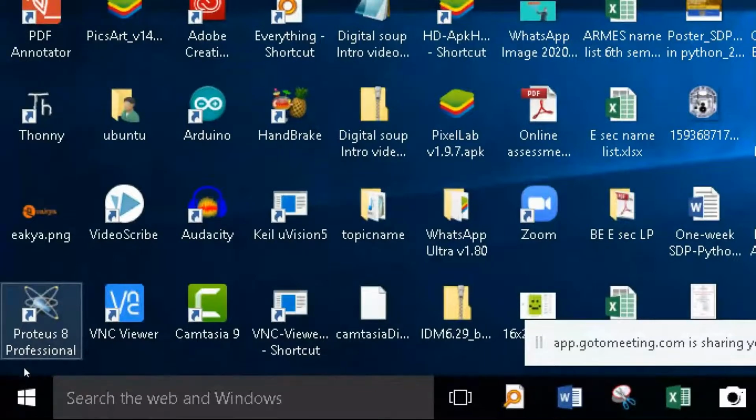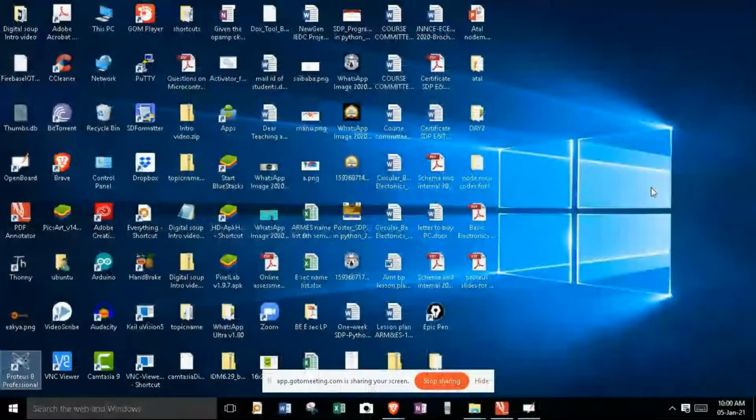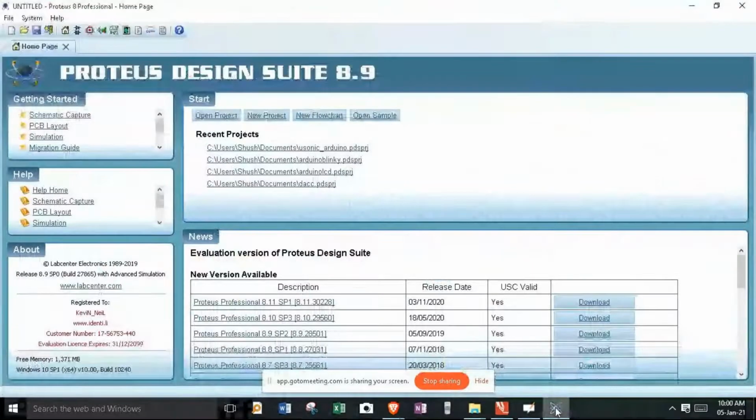All I got to do is double click on this icon in order to launch this program. So this is Proteus Design Suite version 8.9, and in order to create a new project, all I got to do is hit on new project.